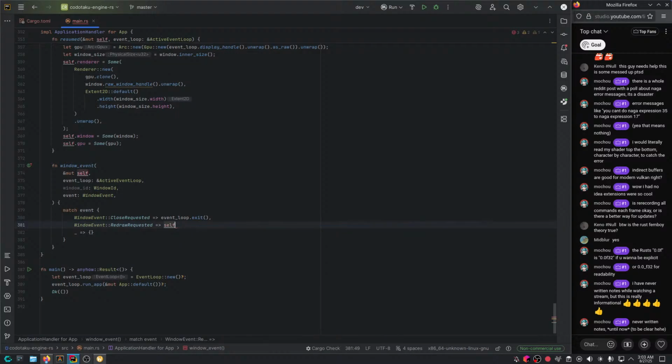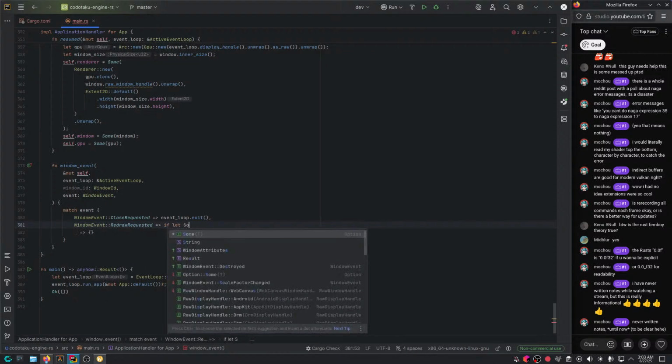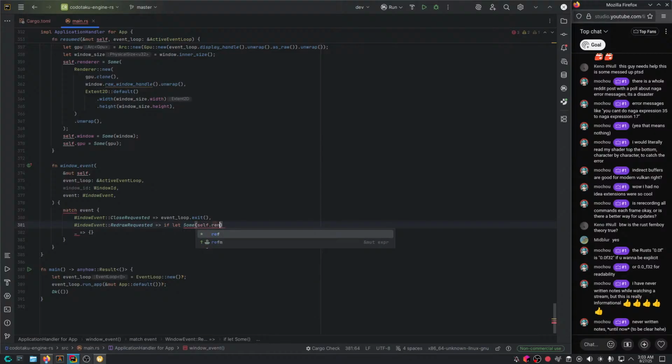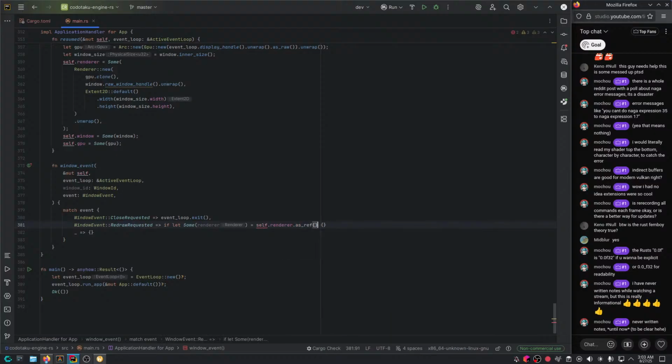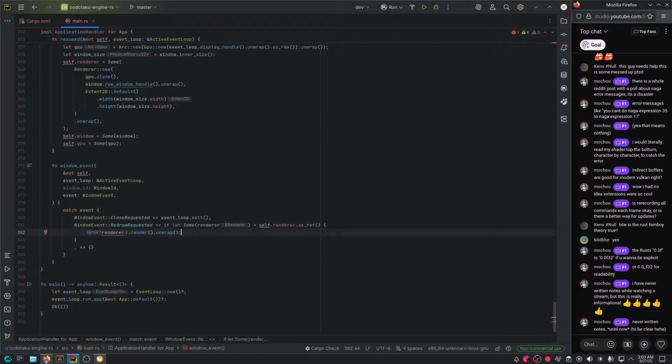Oh yeah, we could say if let Some(render) equal to self.render, well, not take, definitely not, as_ref. We don't want to own it, we just want to reference it. And we're gonna need a mutable reference, so instead of as_ref, we're gonna say as_mut.